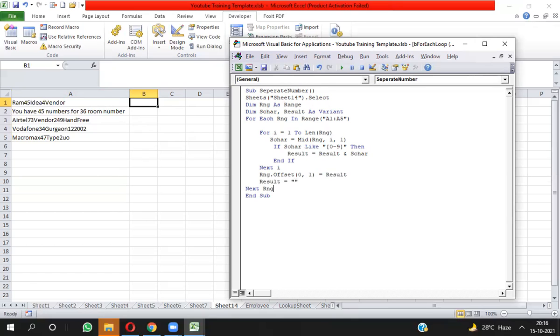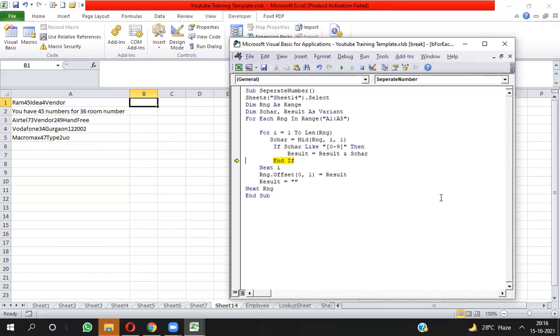Okay, now I'm running this. The first character is R. R is not matching with this pattern, that's why it is skipped. Nothing is in result. Now the second character is A, it will skip. The third character is M, it will also skip. And the fourth character is 4, it will match, so you will get it in result.